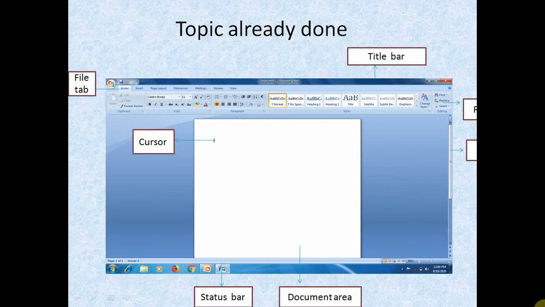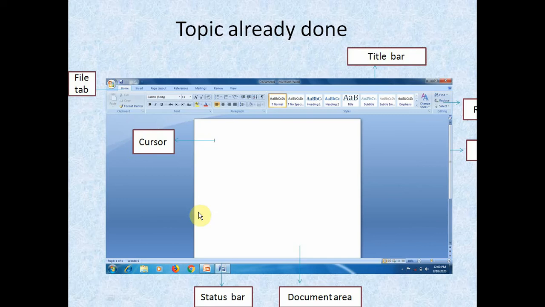MS Word is also one of the word processors, but it is more popular and important than Notepad and WordPad because it has many features other than those word processors.